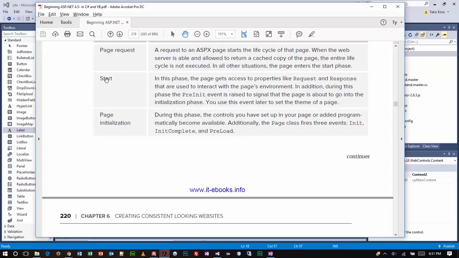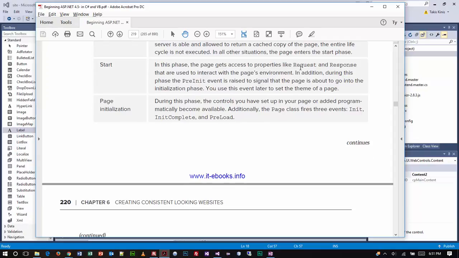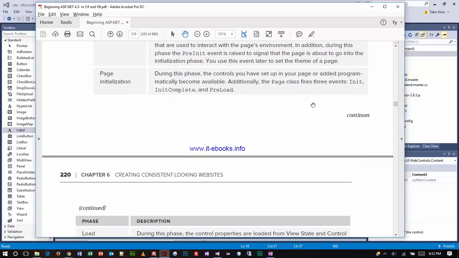And one thing is it goes into this mode called start. So it gets, as it says here, access to certain properties that are used before we actually get to the page. So in some cases, it'll run a snippet of code. Most often that'll be what it is, before it actually sends the page back. The page itself will have a couple of modes. And notice the keywords that they're highlighting here, where there's a pre-init. In other words, before the page actually initializes, we might execute some code. And then when we actually are initializing the page,